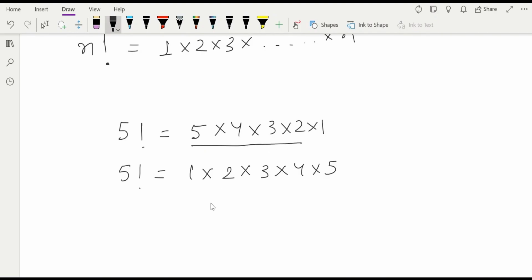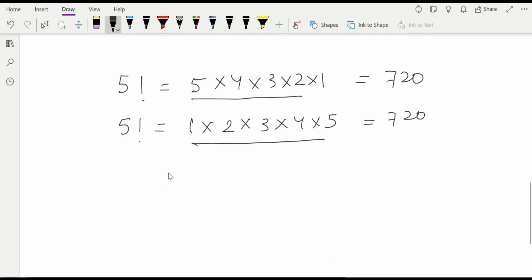These two multiplication values are the same, because if we multiply a into b and b into a, the result will come the same. So we can consider the definition in another, simpler way, which is the multiplication of all the numbers starting from 1 till that number. Okay, so